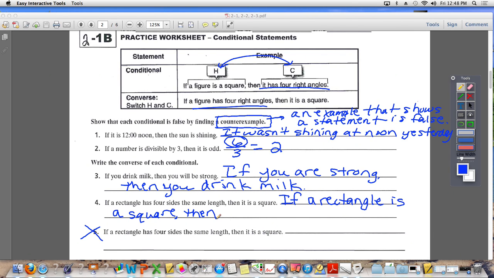If a rectangle is a square, then what is true? Then what? Can I say then it has? Yes, you can. It was identified earlier in the statement. Very good. If it's a rectangle, now we know it's a rectangle. So if a rectangle is a square, then it has 4 equal